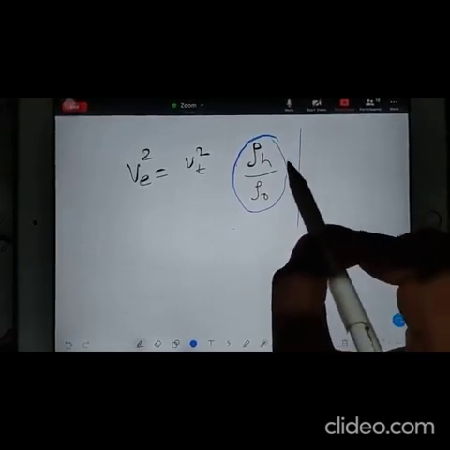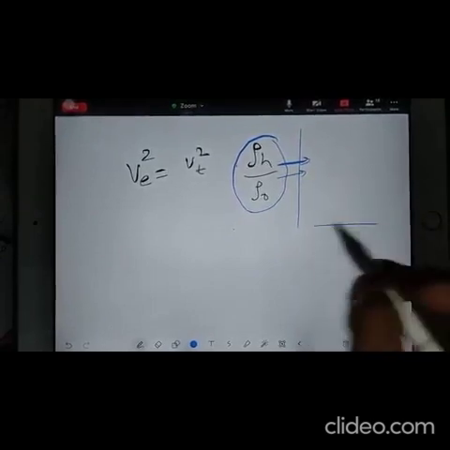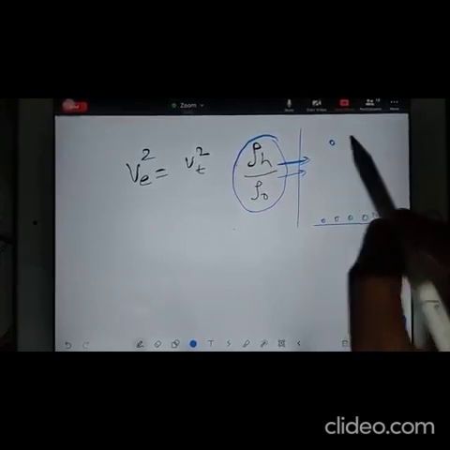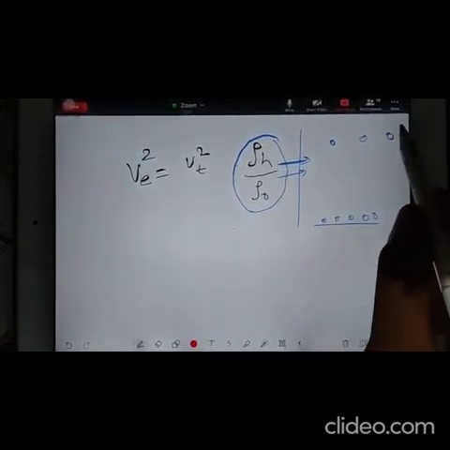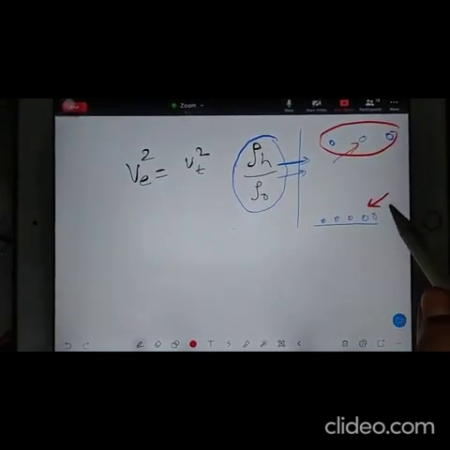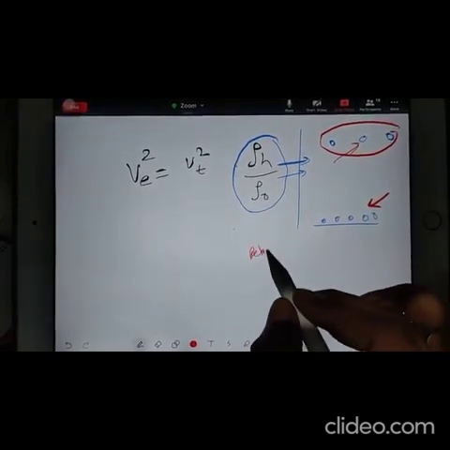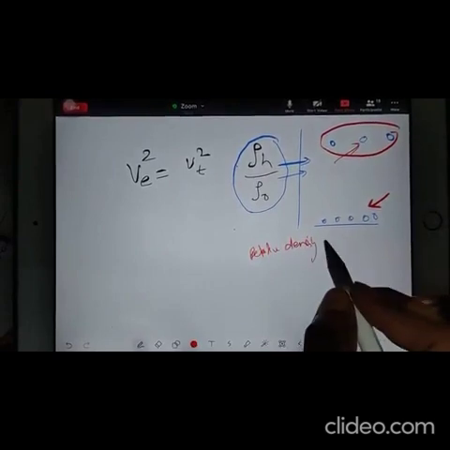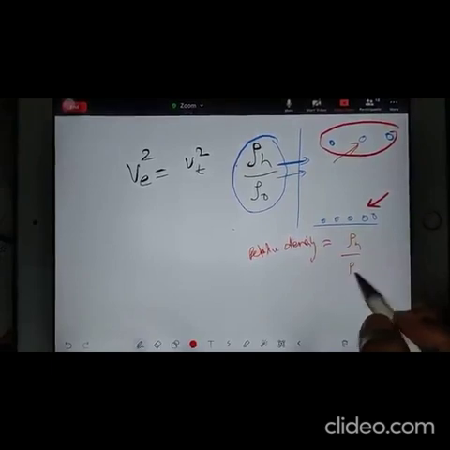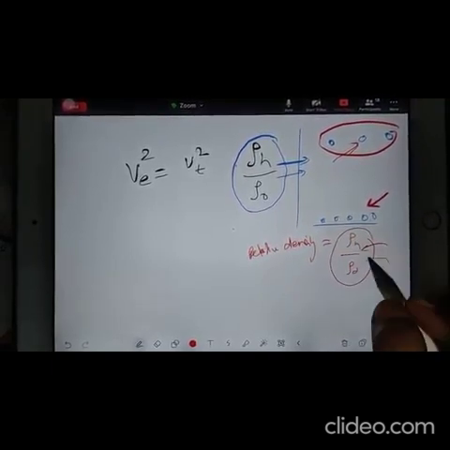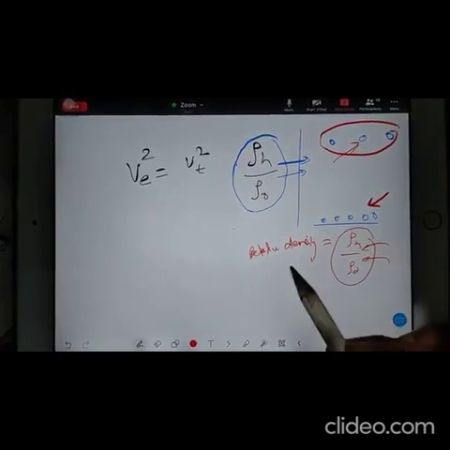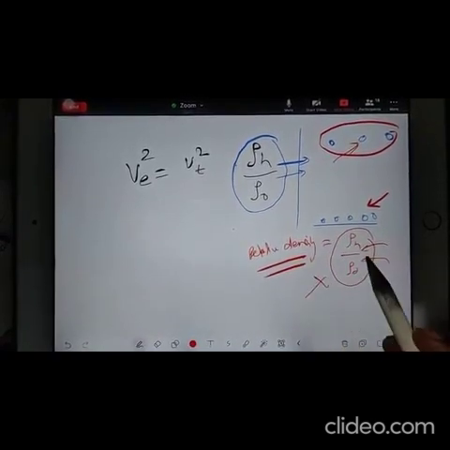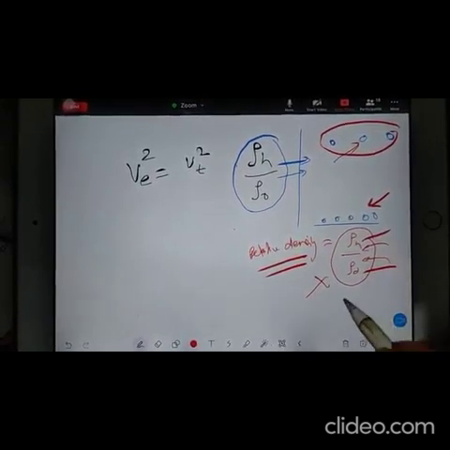And how do they give the ratio? Because at the mean sea level your density is something, but at the particular height your density is something. So whatever density is here with respect to this, that density is relative density. They call this relative density. That is nothing but rho h by rho naught. So they can give you the direct rho h by rho naught value. When they are giving relative density, they will not give you a unit, because the unit will get cancelled. So they will give you some decimal numbers. Okay, so I hope equivalent speed is clear.